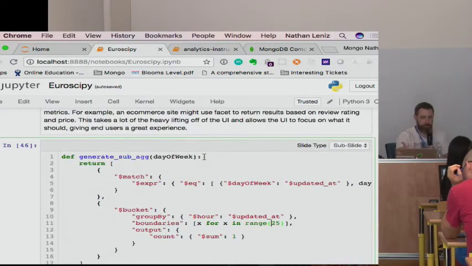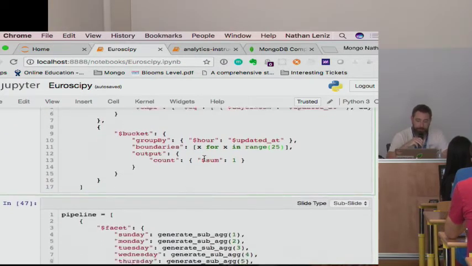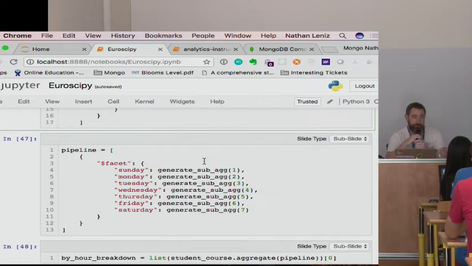So here I've just defined a function to help with the aggregation, so I don't have to type 7 aggregations over and over and over. And then down here, I just use a facet. So I'm getting Sunday, Monday, Tuesday, all the way through Saturday. If I tried to do this in a single aggregation stage, it's possible. It'd probably be about 500 lines of aggregation and jump off the edge of the screen with a lot of really gnarly conditional statements. So